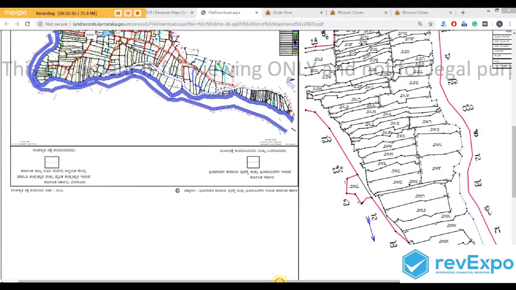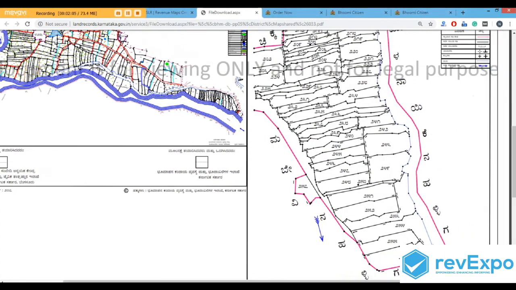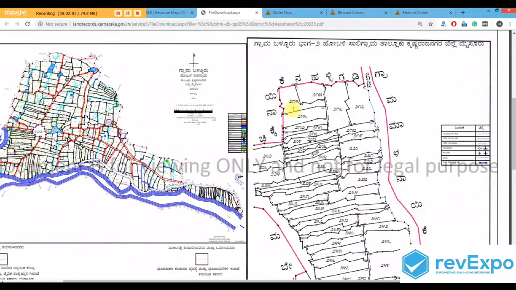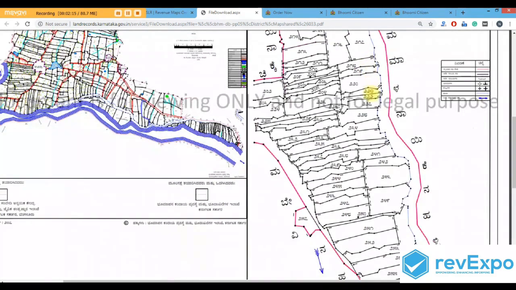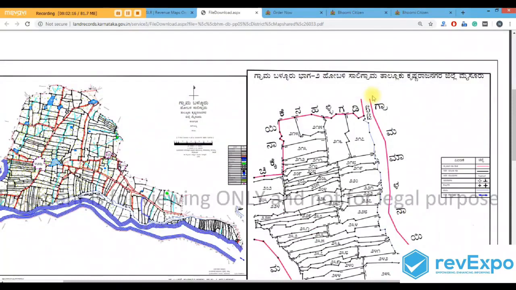And moving to the next map over here, you can see the numbers represented here, and the boundary, the neighbor village. You can see the nala.